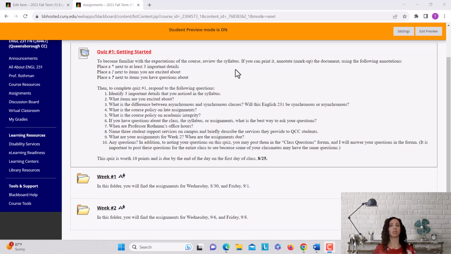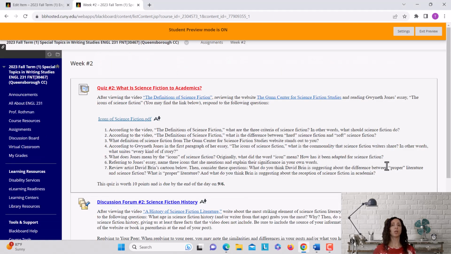For this week, we'll wrap up our exploration of science fiction and the beginnings module, examining the textbook definition of science fiction and its history. To wrap up this exploration, you will complete quiz number 2, what is science fiction to academics? So you thought about what is science fiction to you, what does it mean to you, and now you're going to look at the textbook definition. After reviewing the video, The Definitions of Science Fiction, reviewing the website, the Gunn Center for Science Fiction Studies, and